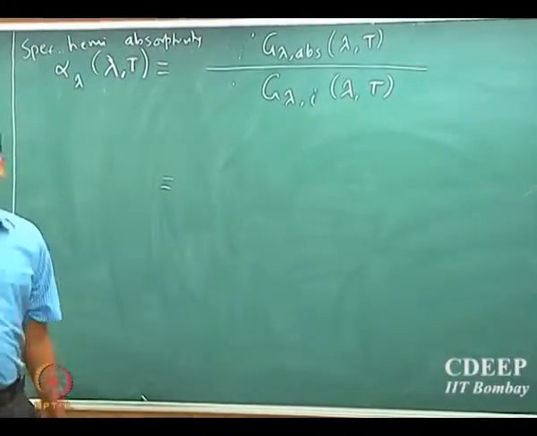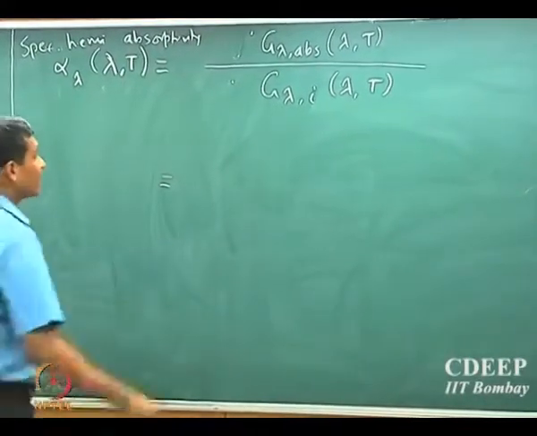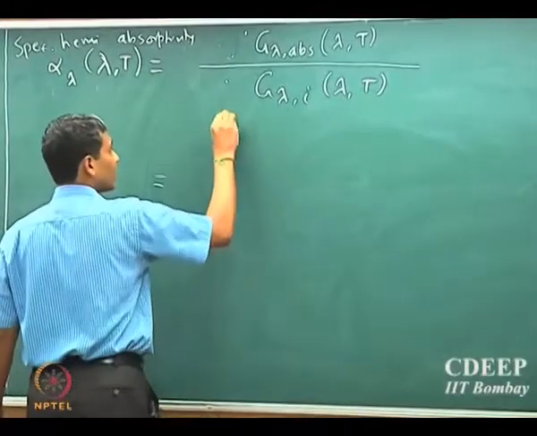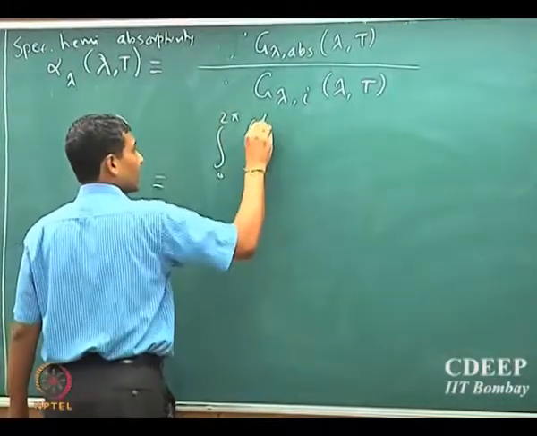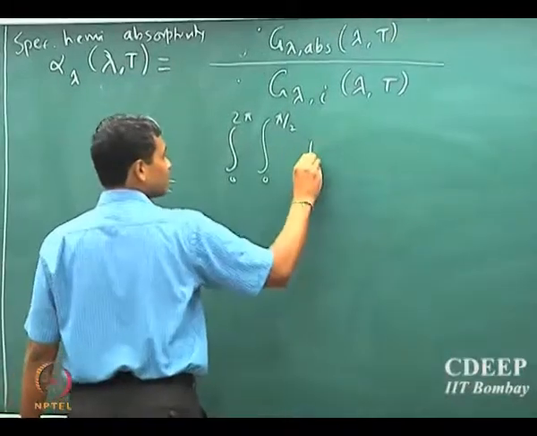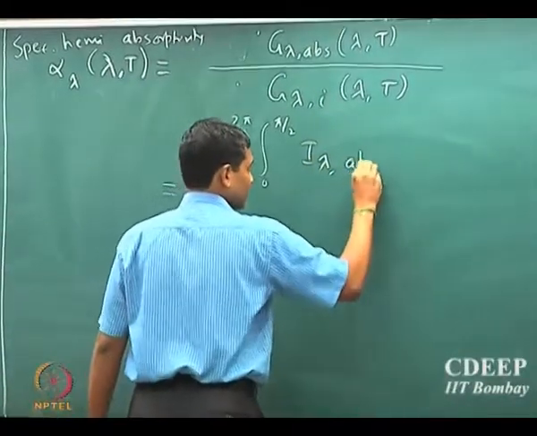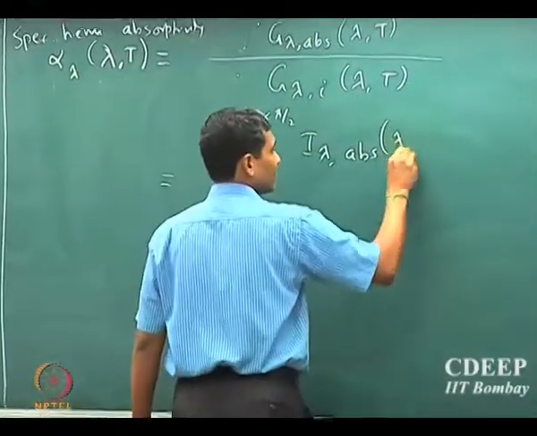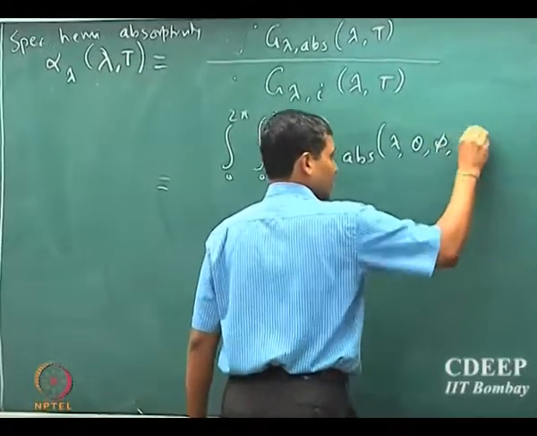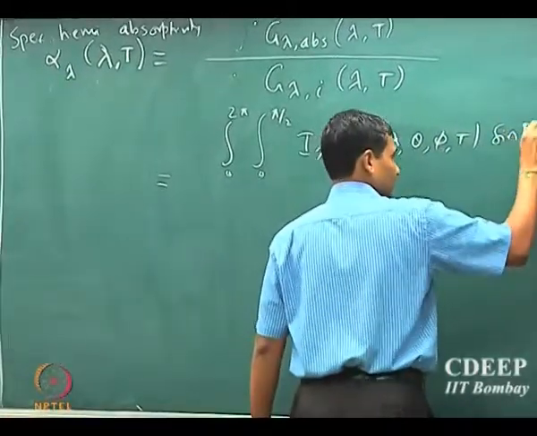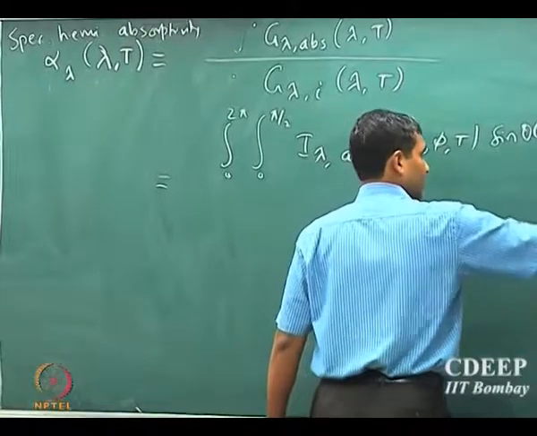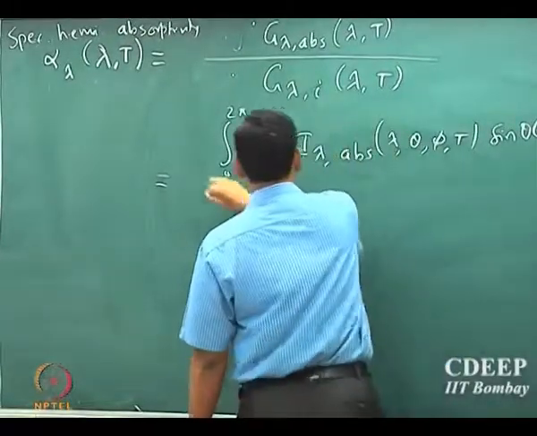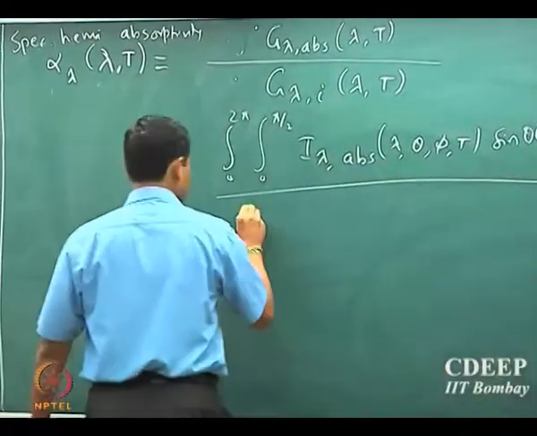But we know from the definition of the spectral hemispherical quantities, this is integral 0 to 2 pi, 0 to pi by 2, sin theta d theta d phi, divided by